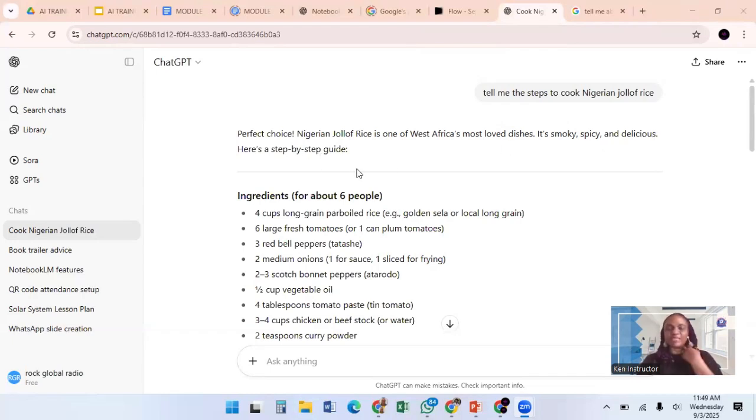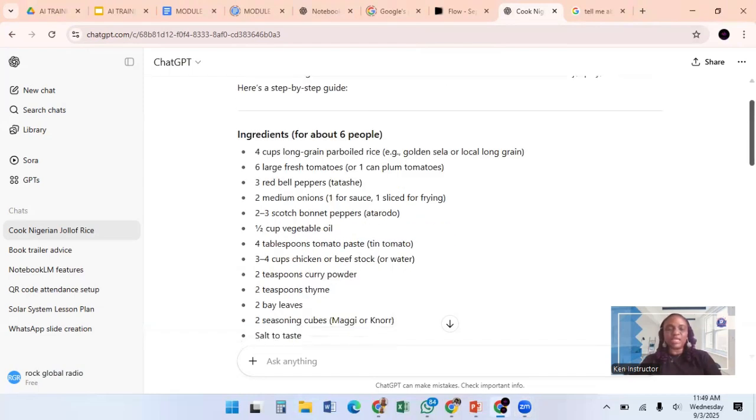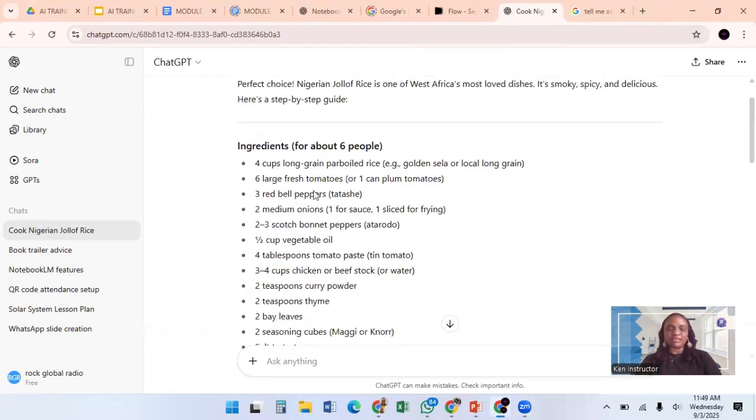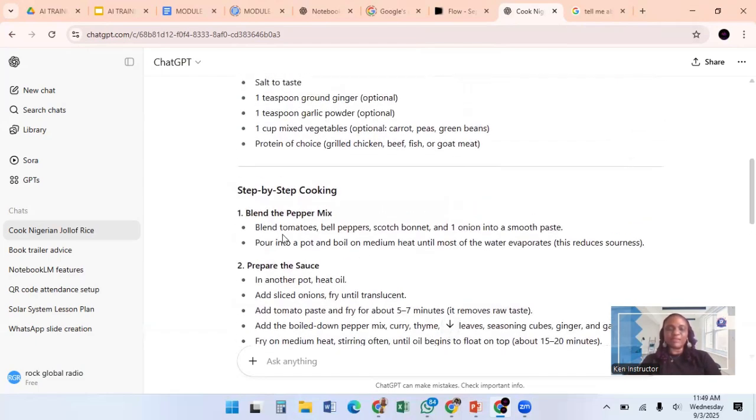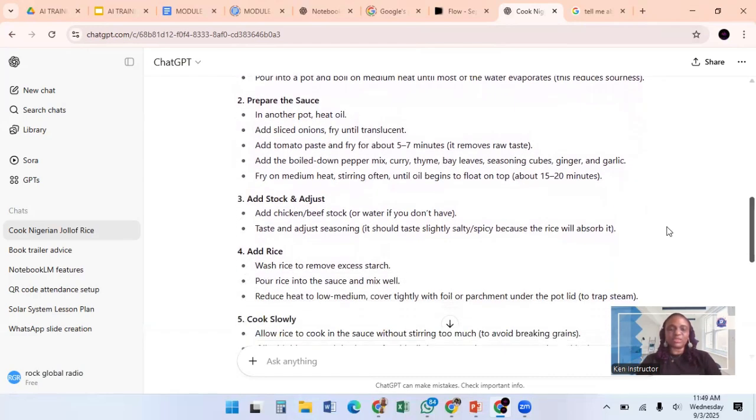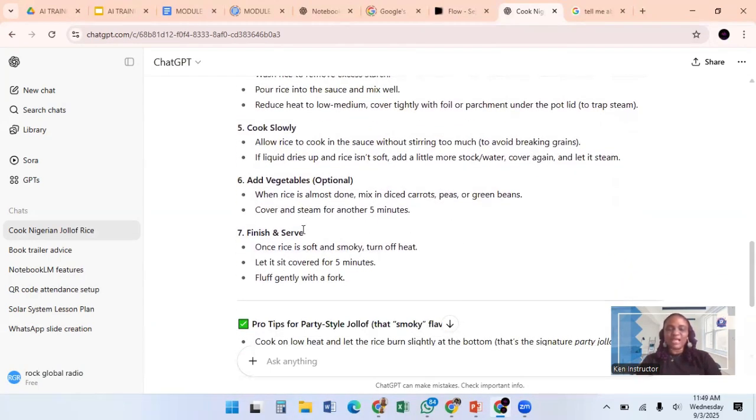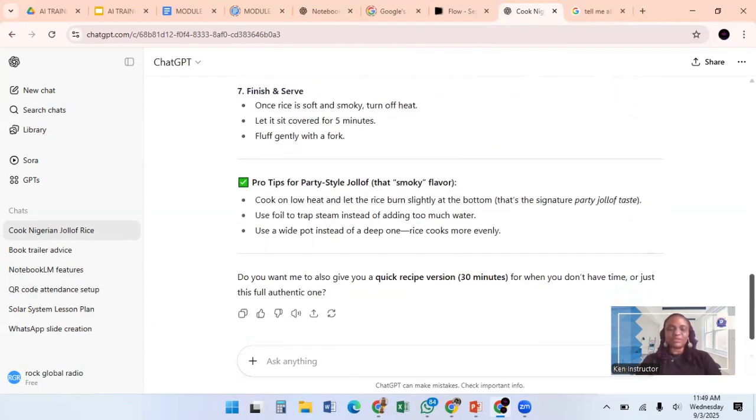Here is a step-by-step guide, and you'll see ChatGPT returning the ingredients I'm going to use, all for about 6 people. And then it's going to tell me the step-by-step cooking. Blend the pepper mix, prepare the sauce, add the stock, adjust, add rice, cook slowly, add vegetables and finish and serve. And then it tells me pro tips for party style jollof, how to achieve that smoky flavor. So you can see all that information in a minute after I told ChatGPT to tell me how to cook